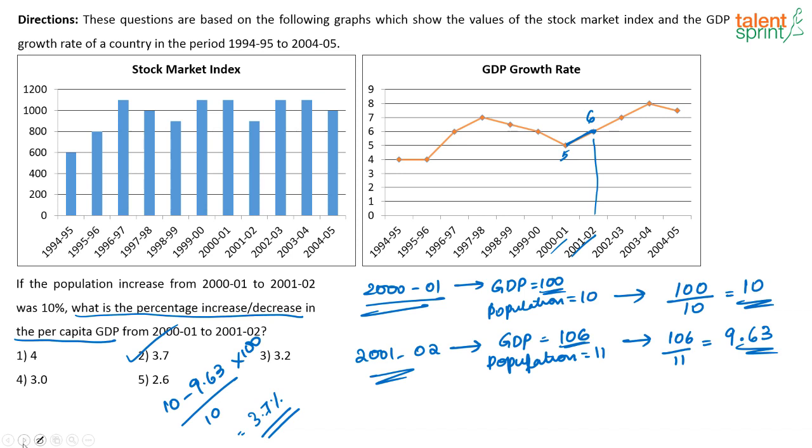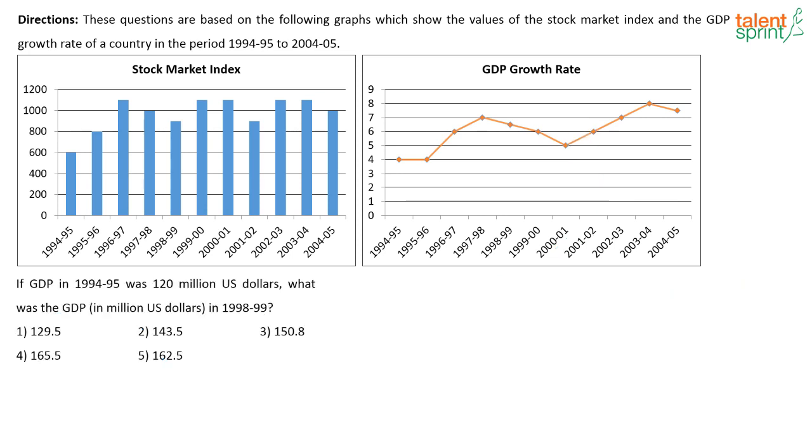Moving on to the next question. If GDP in 1994-95 was 120 million US dollars, what was the GDP in million US dollars in 1998-99? What is given? GDP of the year 1994-95 is 120 million US dollars. So for this year, the GDP was 120 million US dollars. What is the GDP in